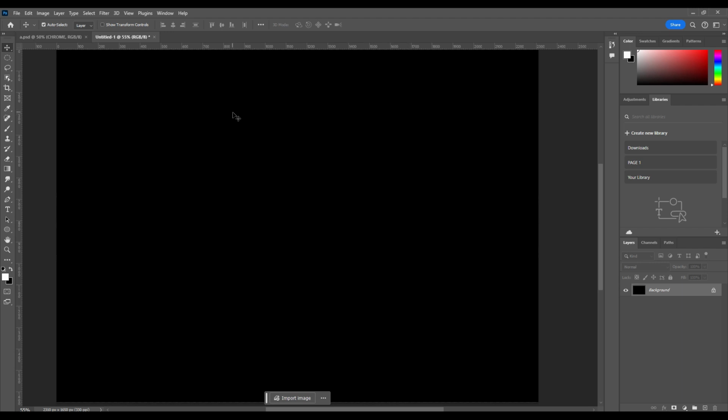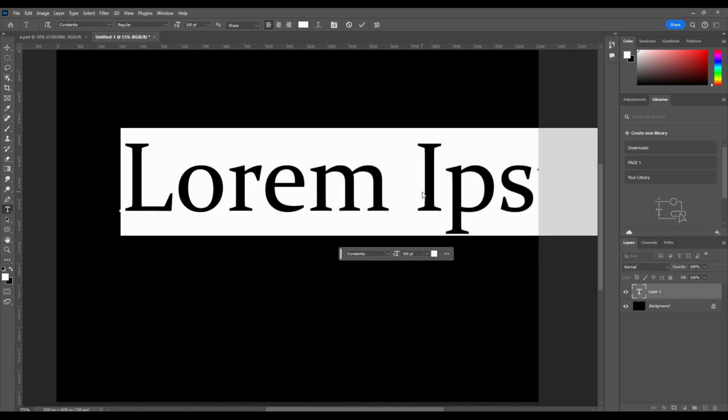Okay, so I'm going to be doing a Chrome text effect in Photoshop. I like to start with a black background for this one. I'm just going to start by putting some text down. I like to use this font. I think 100-point font's pretty good for the size of this canvas, so I'm just going to put on some